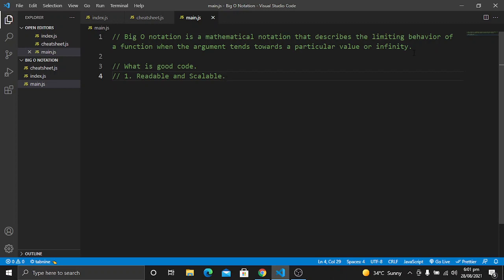So Big O notation is a mathematical notation that describes the limiting behavior of a function when the argument tends towards a particular value or infinity. So it means that if we have a function and we are receiving an argument, let's say an array with 10 inputs, so it has a length of 10, and we are writing a function for it.